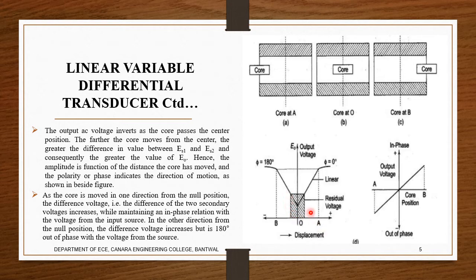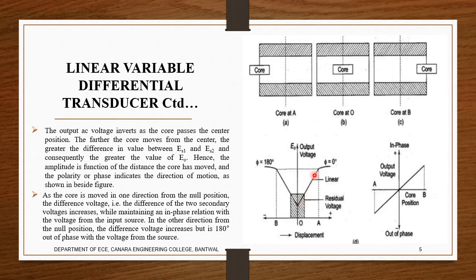There is also the residual voltage, which will always be available in the output voltage. This is the displacement line, and this is how much voltage has been generated. You can see it here. When it is at 0, it is a little less. It's not exactly 0; we have some kind of residual voltage. Residual voltage is like an initial voltage that will always be present in the circuit, whether the core is kept inside or outside, at the null position, or even removed. It starts slowly, and until it reaches A, it is linear.